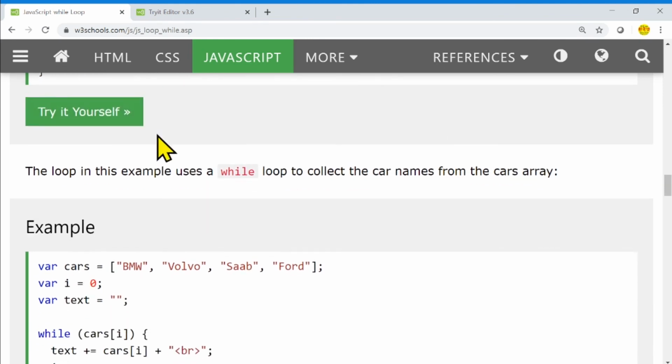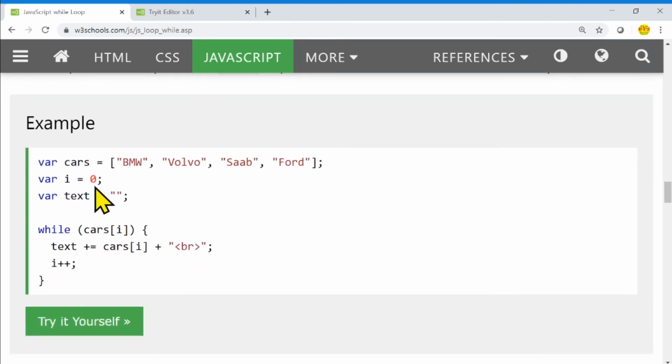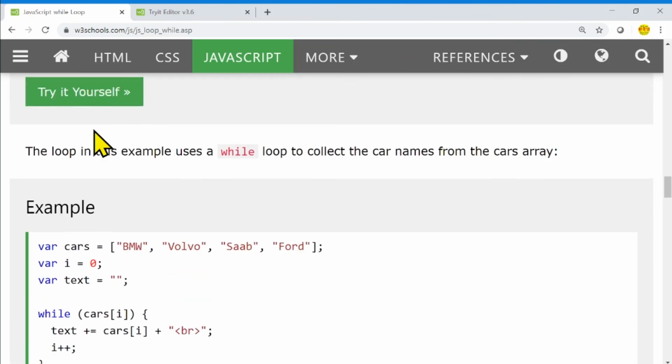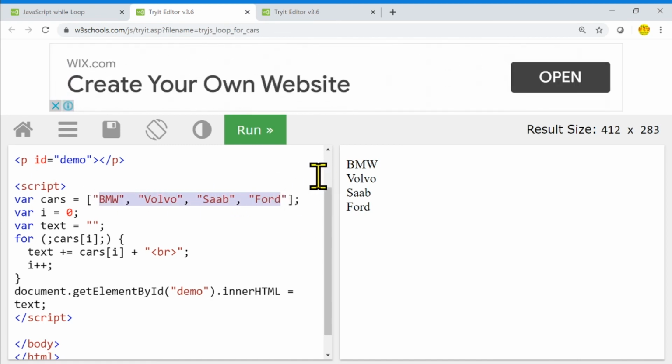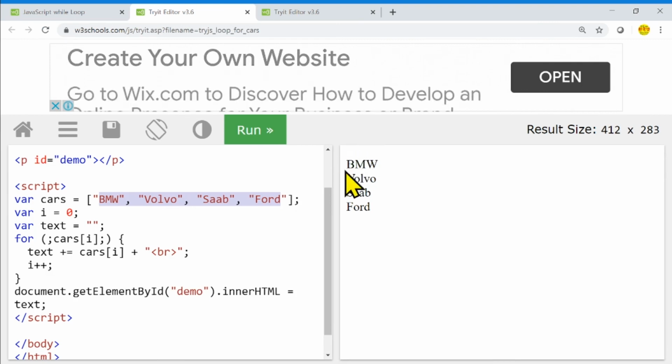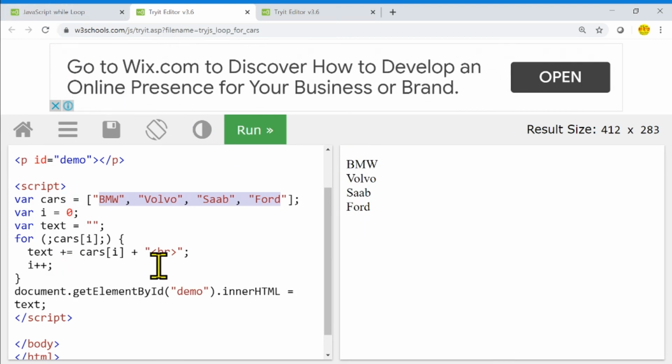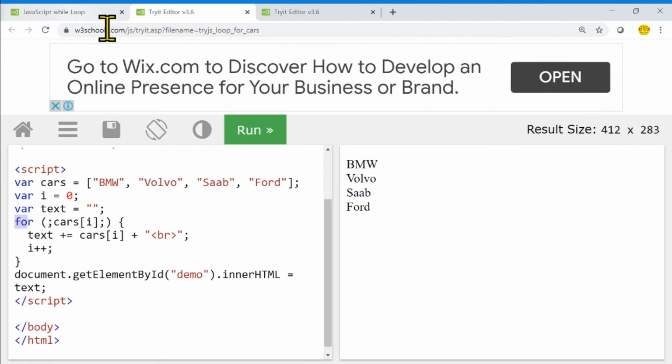Also, that will be implemented. We can get the same result. Here, let's look at the result with this one. Here, those are enumerated, and one element is occupying a single line. Here we are using a for loop, and